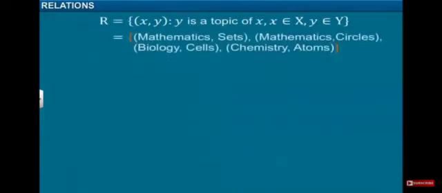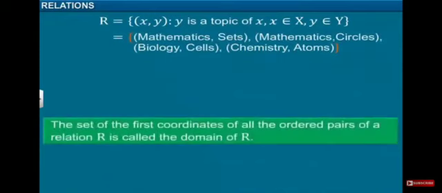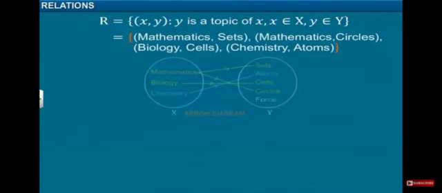So here R is equal to {(x, y) where y is a topic of x, x belongs to X and y belongs to Y}. The set of the first coordinates of all the ordered pairs of relation R is called the domain of R, right? So students please remember,